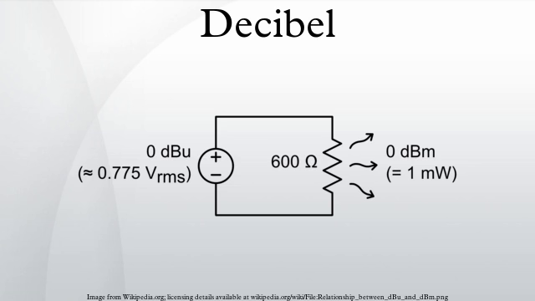A power quantity is a power or a quantity directly proportional to power, for example, energy density, acoustic intensity and luminous intensity. The method of calculation of a ratio in decibels depends on whether the measured property is a power quantity or a field quantity. Two signals that differ by 1 decibel have a power ratio of 10^(1/10), which is approximately 1.25892, and an amplitude ratio of 10^(1/20). The bel is defined by ISO standard